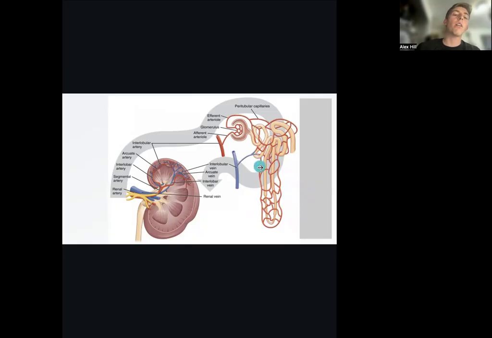And in the proximal descending loop of Henle, the membrane is only permeable to water. And so if it's super concentrated out here from the ascending loop, and it's only permeable to water on the descending loop, that means that through osmosis, a lot of the water is going to be sucked out of the loop